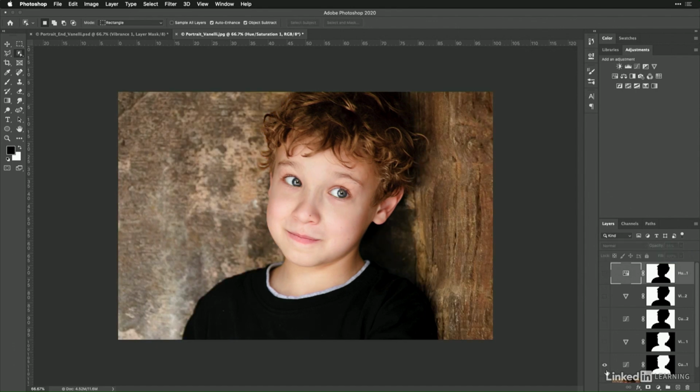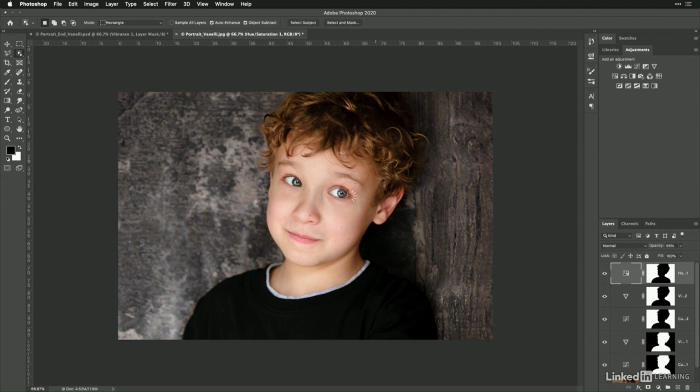Now, if we look at this, that selection was really accurate. This made it very simple to do a targeted adjustment, and then change the background so that our subject stood out much better. Now, instead of tan and brown skin tones on a tan and brown backdrop, we have